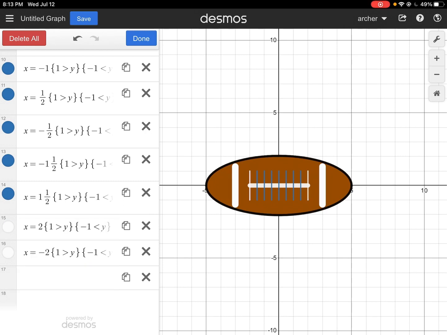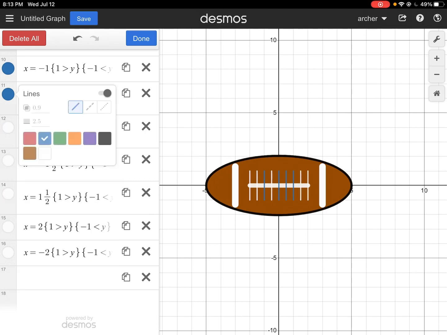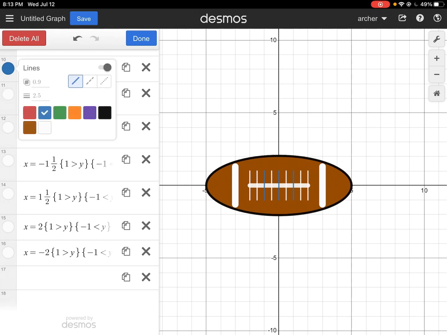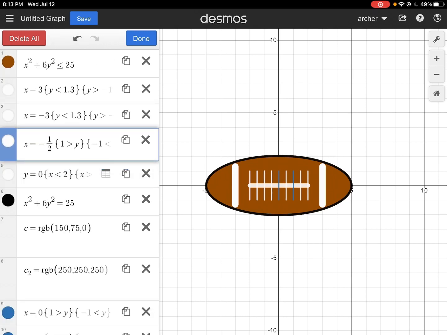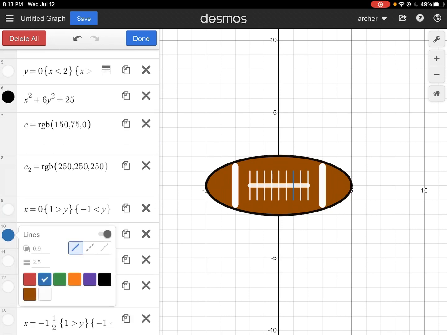White, white, white, white, white, white, white, white, white,